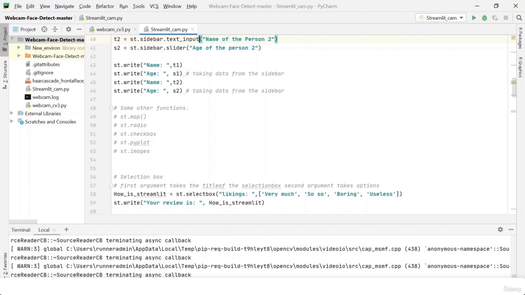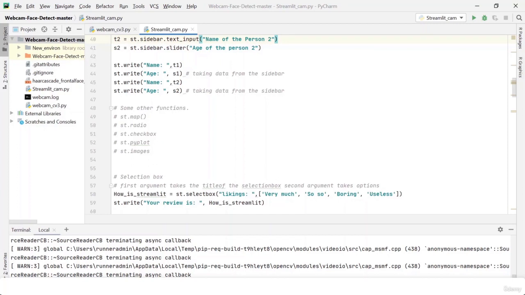The next is st.pyplot. Just as I told you, most data scientists would use Streamlit for visualizing their data, and pyplot helps a lot in that. The next is images, st.image. You can even embed images into your interface by defining a name for the image and where to pick the image from. It can be from a URL or a path on your local server or local project, so it can be both online and offline.